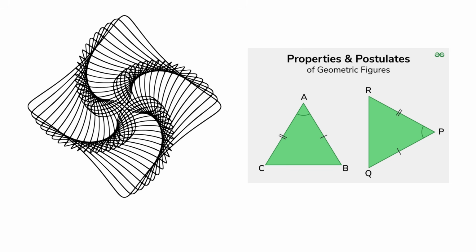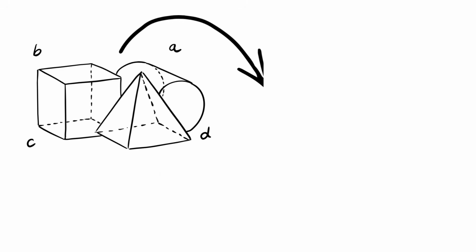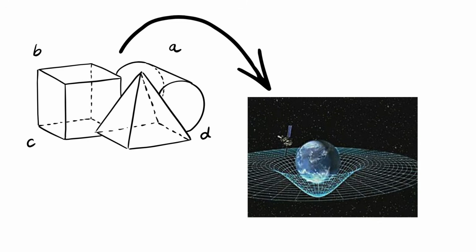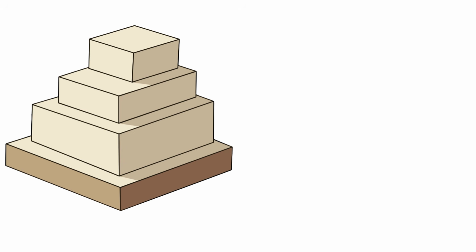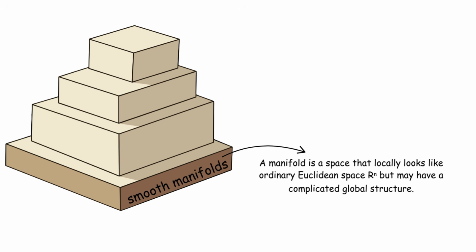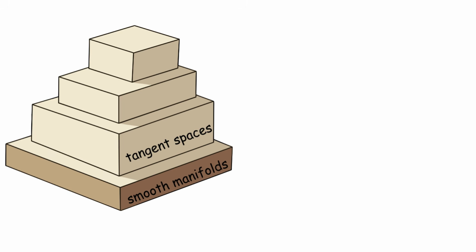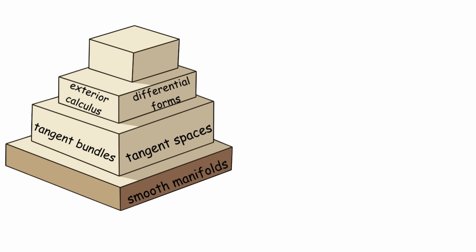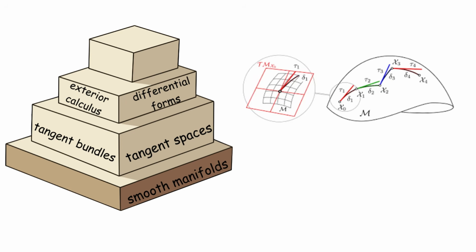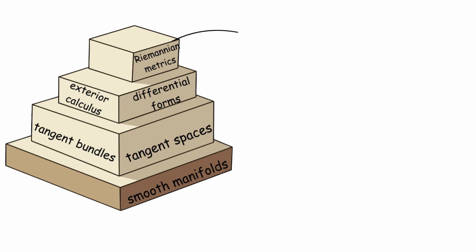Differential geometry studies smooth manifolds and geometric properties using calculus and linear algebra. It extends classical geometry to curved spaces, providing the mathematical framework for Einstein's general relativity. Its foundations include smooth manifolds, which locally resemble Euclidean space but have global structure, tangent spaces and tangent bundles, formalizing velocities and directions, differential forms and exterior calculus, generalizing integration to manifolds, and Riemannian metrics, which define distances, angles, and